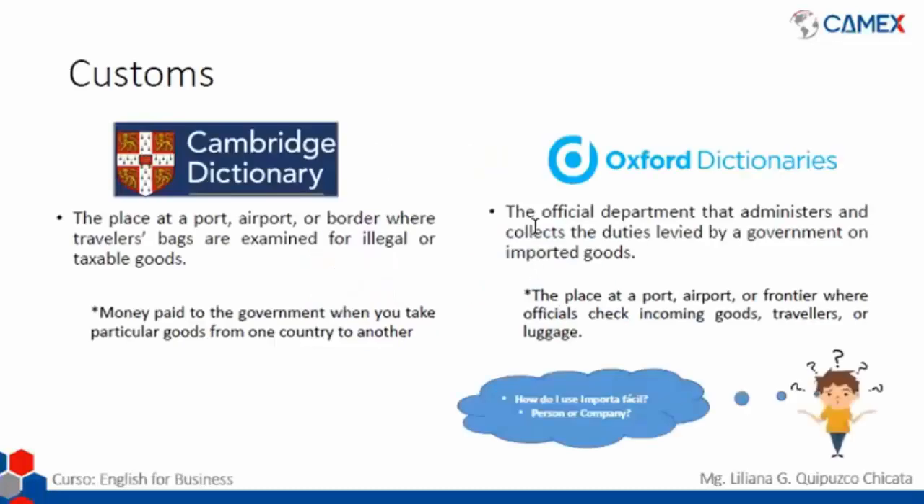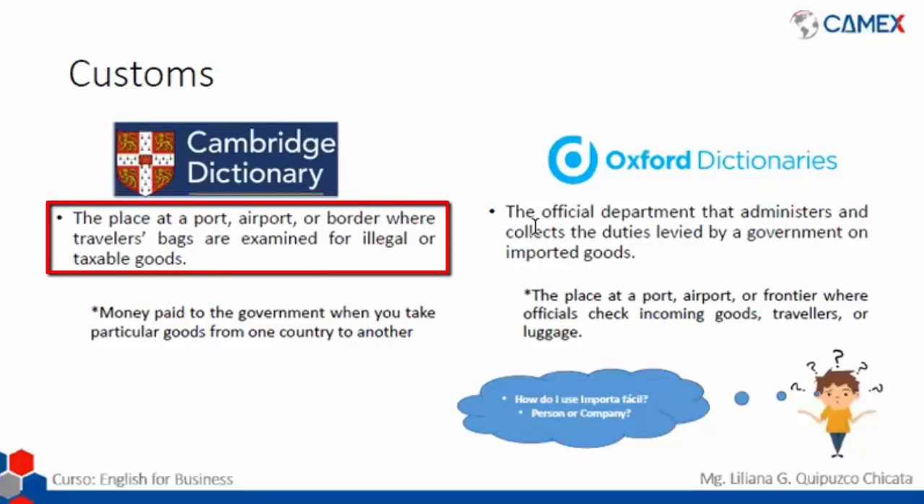First of all, a very important meaning in today's class is customs. So, customs, according to Cambridge Dictionary, it's the place at a port, airport, or border where travelers' bags are examined for illegal or taxable goods. So, in this case, the customs are the place that could be in an airport, a port, or a border where usually people